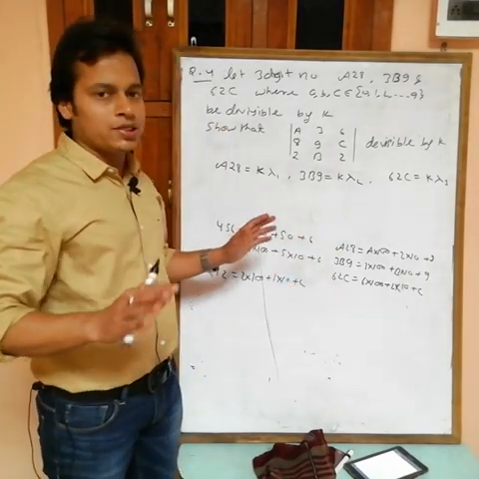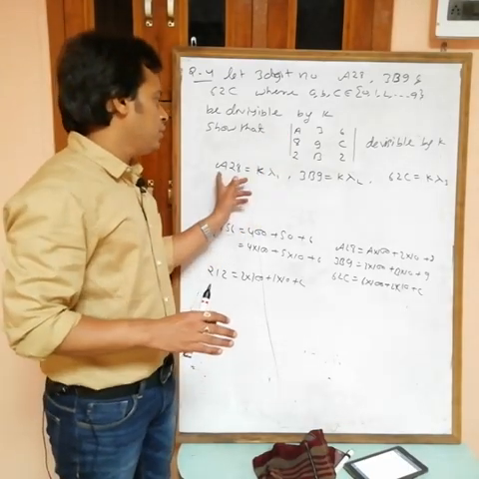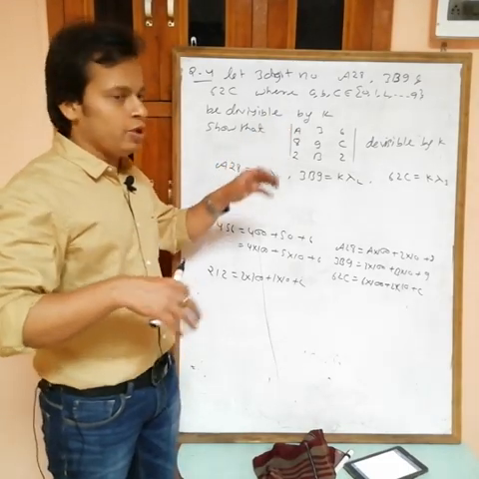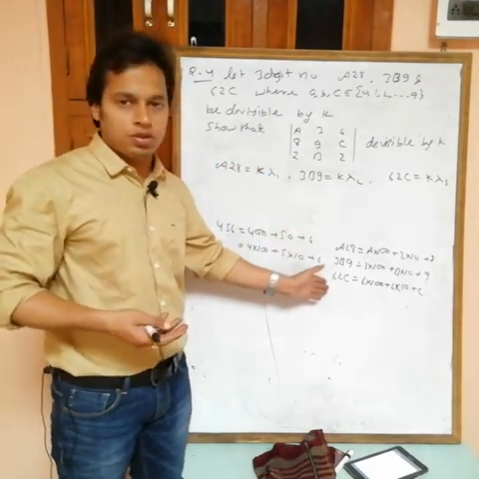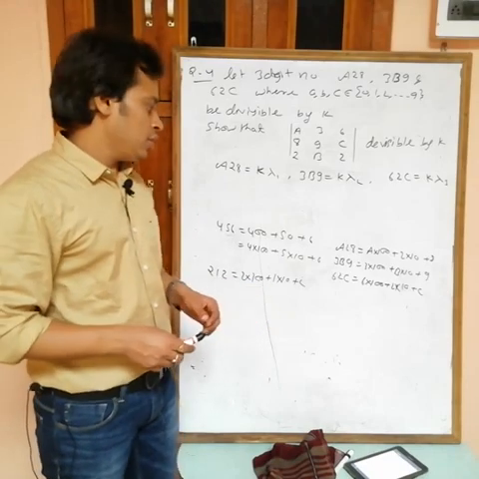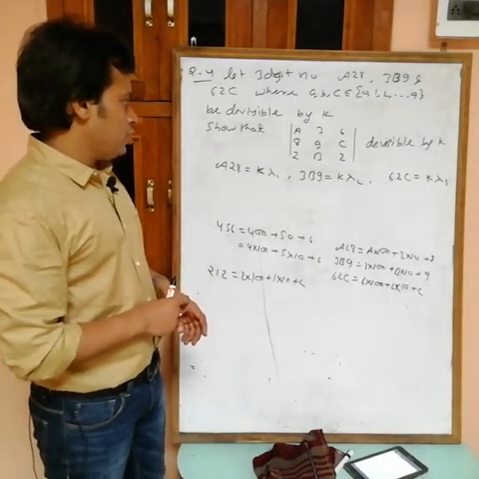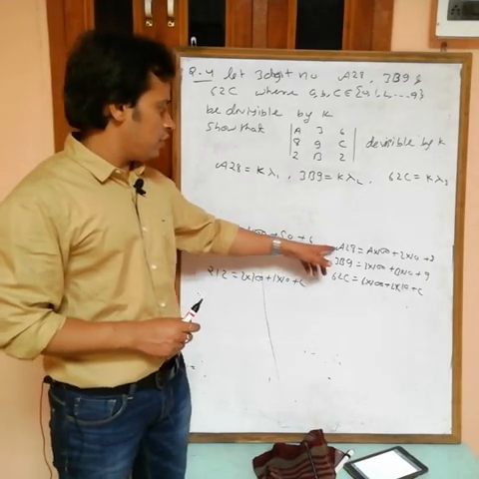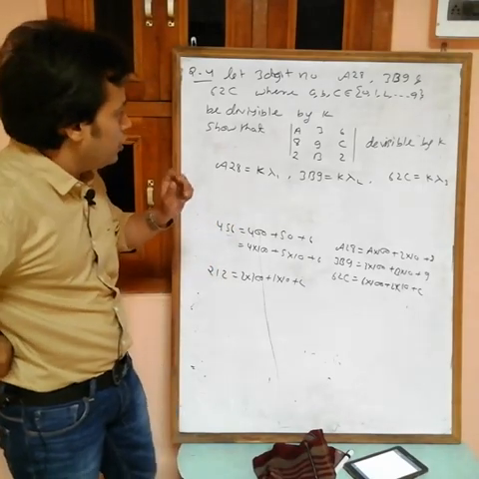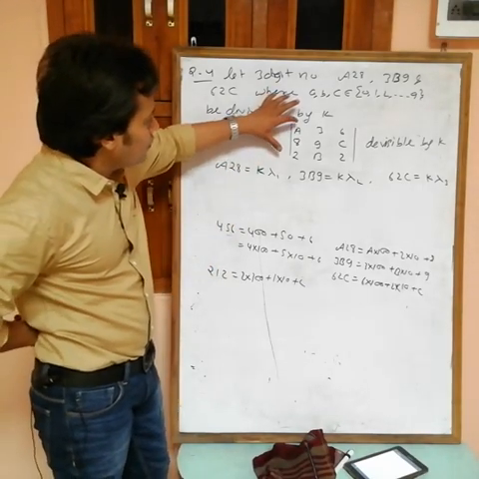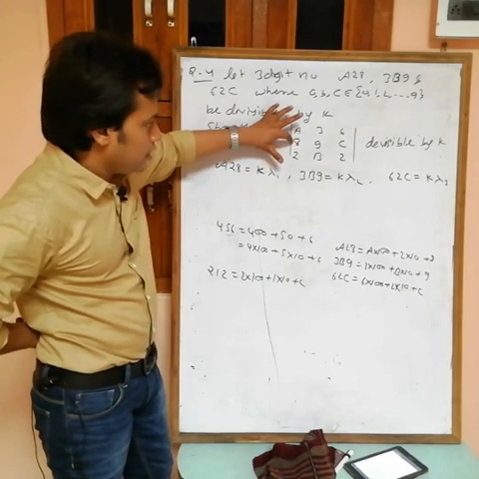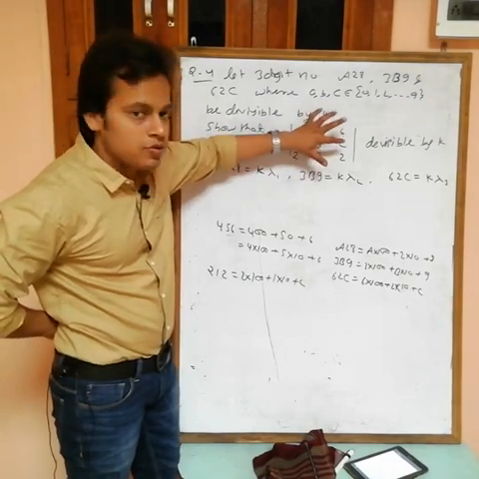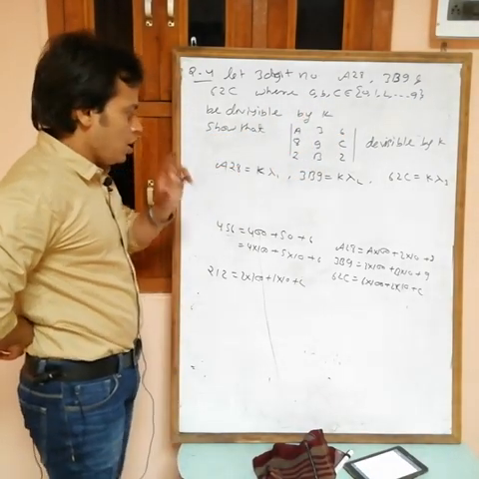Because one thing is clear: if you want to prove that this is divisible by k and these relations are given, we have to convert the elements of any row or any column in terms of these. Now, can you make the elements of any row or column in terms of a 2 8, 3b9 and 6 2 c? Actually yes. In the first row what do you have? a 2 8, 3b9, 6 2 c.